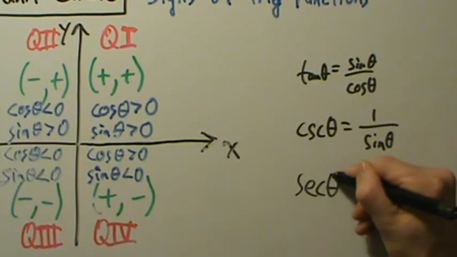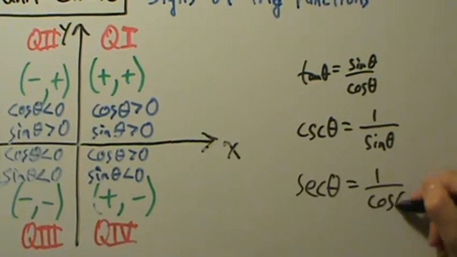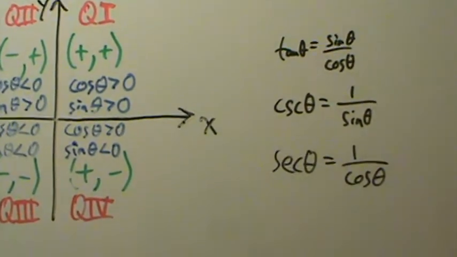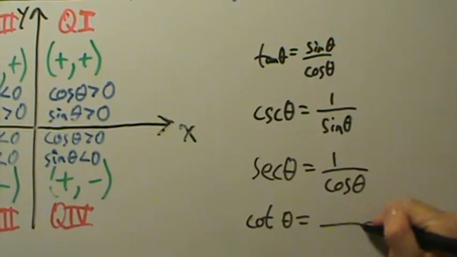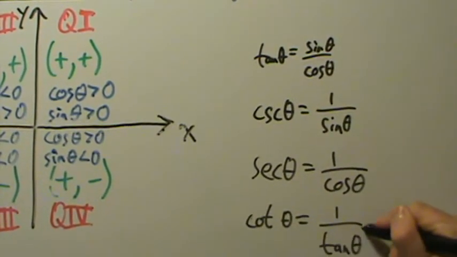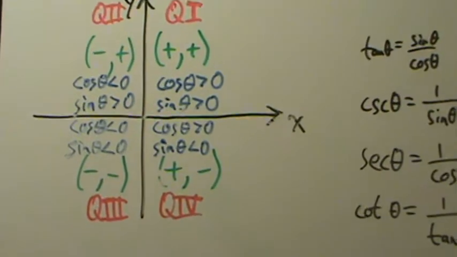Secant of theta is 1 over the cosine of theta. And cotangent of theta is 1 over the tangent of theta. Okay, so what does this tell us? Well, this tells us that